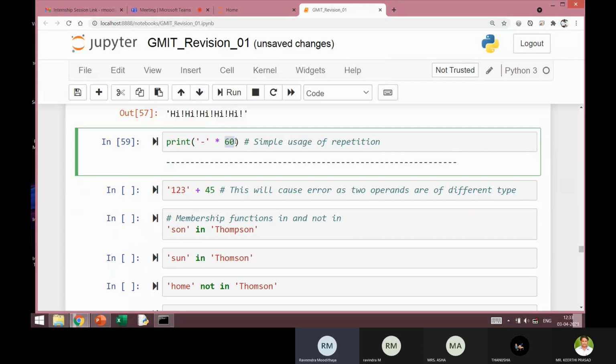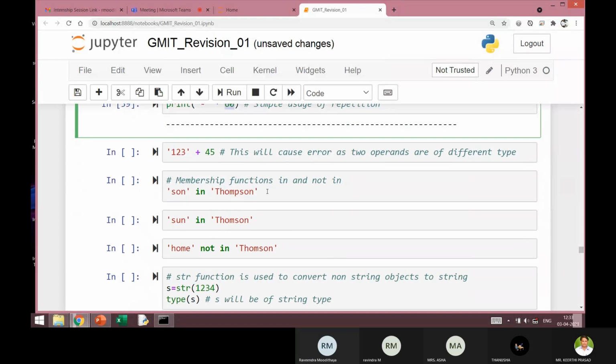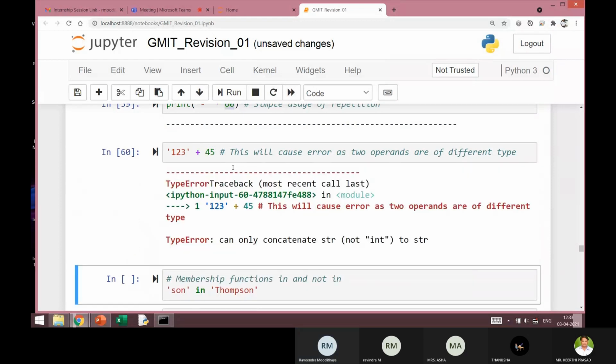This cannot be any other variable. Obviously, the plus sign cannot be used with different types of arguments. So I cannot concatenate a string with an integer. I call this a string because it is enclosed with quotes. This is an integer because it is not enclosed with anything. So this will result in an error.